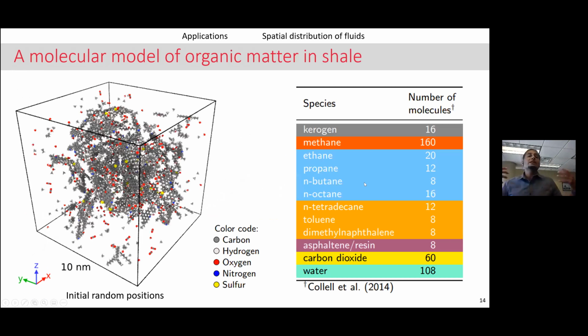So first things first, we need to construct a model. So how do we do that? I'm going to take 16 monomers of kerogen, those big massive structures that you saw on the previous slide. I'm going to take about 160 methane molecules, and you can see the number of other hydrocarbons that I'm going to be taking. And I'm going to put them in a simulation box. So of course, I'm doing all of this virtually. I put them in a simulation box that's about 10 nanometers across. And since I'm just putting them together, this is of course not an equilibrium configuration. What I need to do now is I need to virtually apply some pressure.